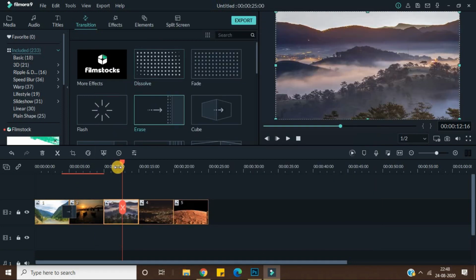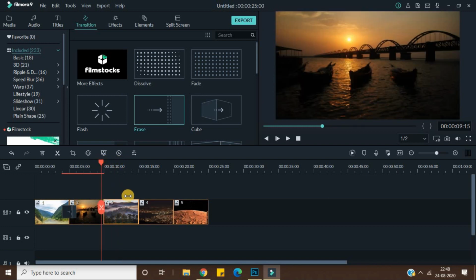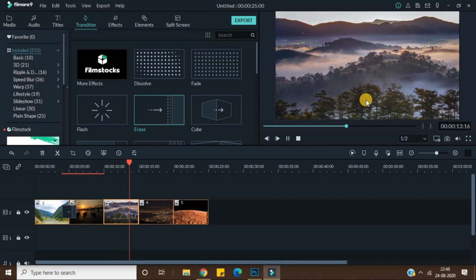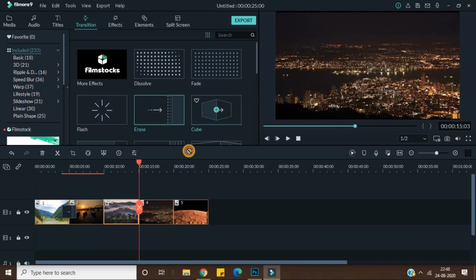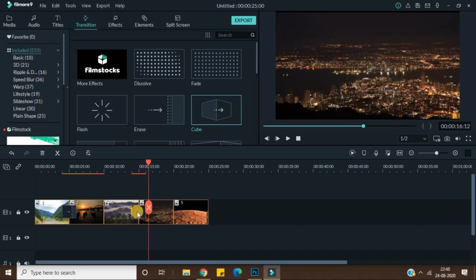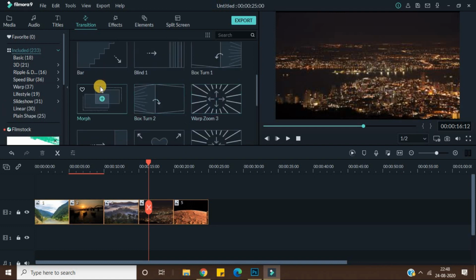So what I can do is set the start and end position, and then it will automatically zoom in and zoom out and pan the image accordingly. And another transitions you can put here. As you can see, this is new transitions. So all those things you can put, and this is how you use the transitions in the images.